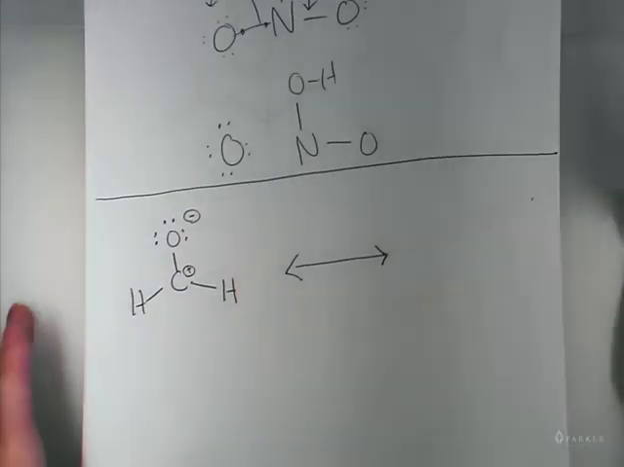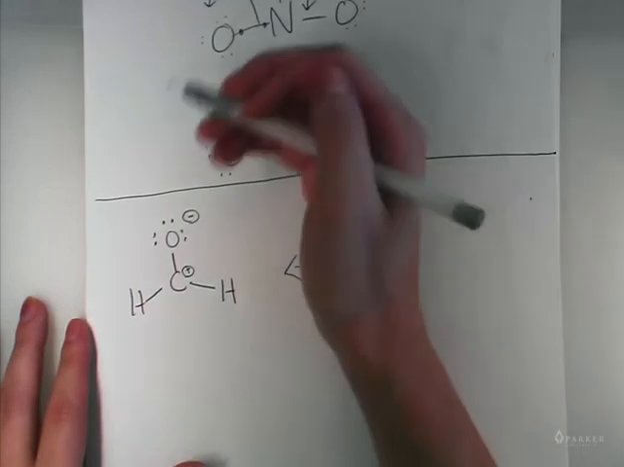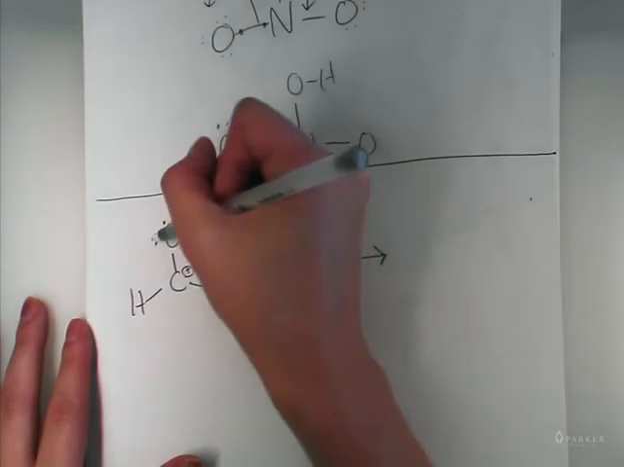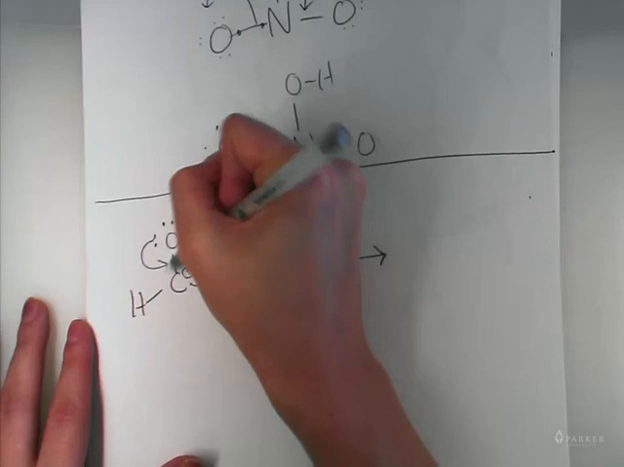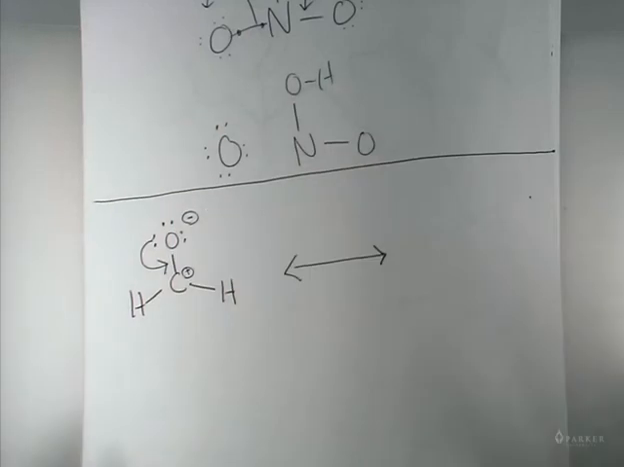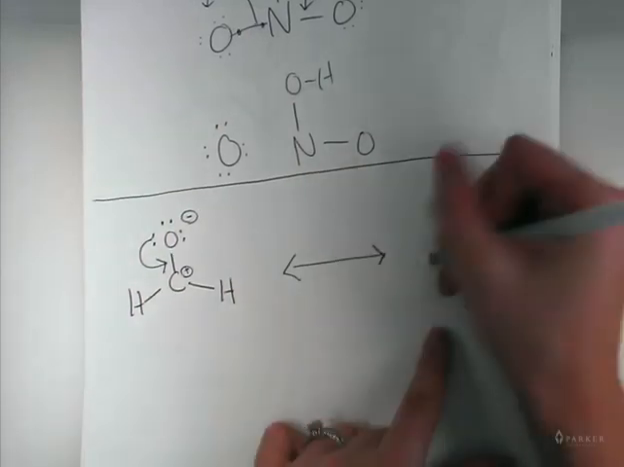What do I want to move? The electrons, which ones? The lone pair? To make a double bond right there, right? Just kind of like what we've been doing. So if I draw that,